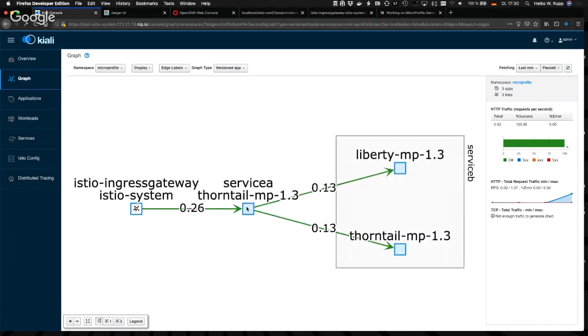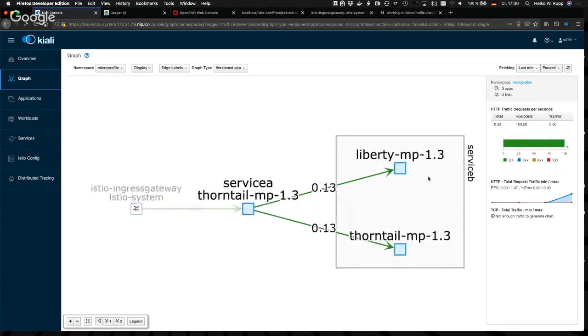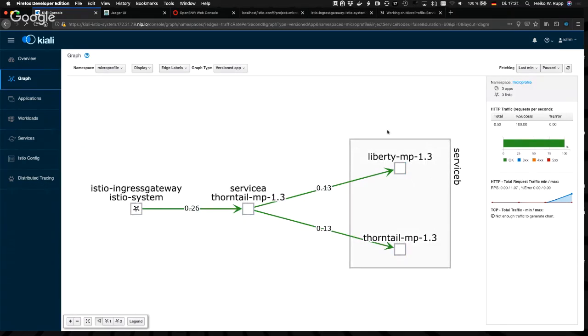We have a service A, in this case a Thorntail server, and we have our service B, where we have two servers. One is implemented by Open Liberty and the other one by Thorntail. This is a snapshot. I've paused that.